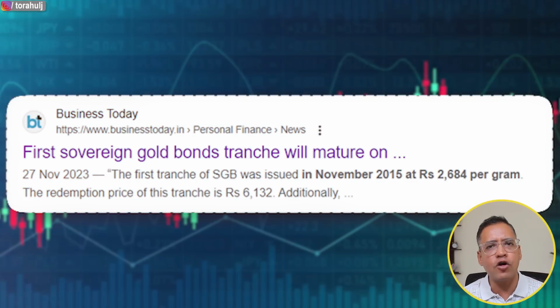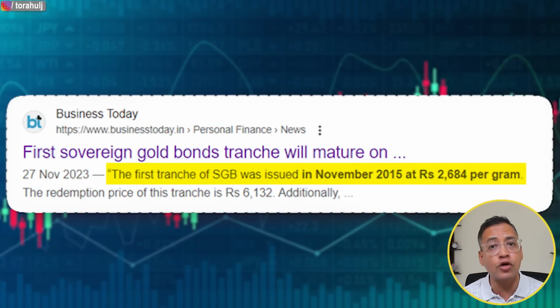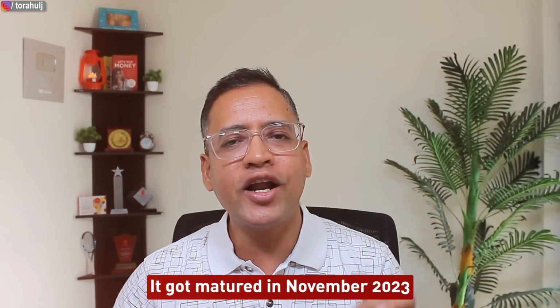So the first batch of SGB was issued in November 2015 at a price of 2,684 rupees per gram. It matured in November 2023, and the only first one has been matured so far. So I cannot speak about what will happen to the future batches, but for the first batch, if you look at some calculation,